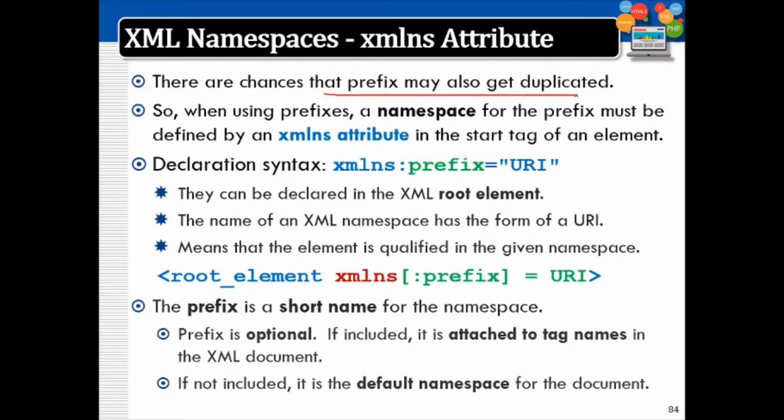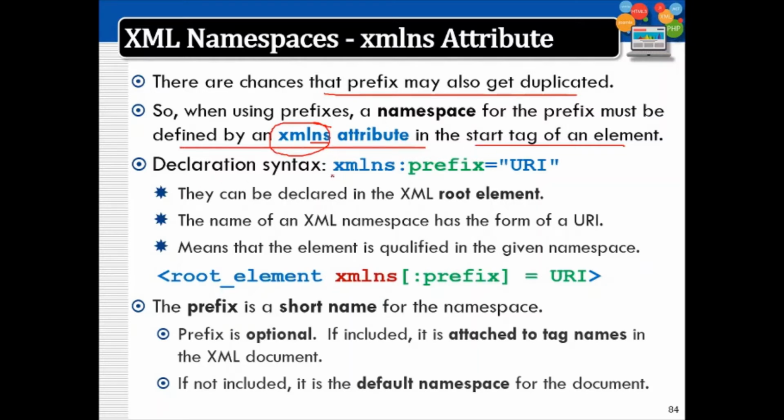So it is always good that the prefix is defined by an xmlns attribute in the start tag of an element. xmlns means XML namespace, NS for namespace. So we can use a qualified namespace to avoid such confusions. That is written in the start tag of the element itself.